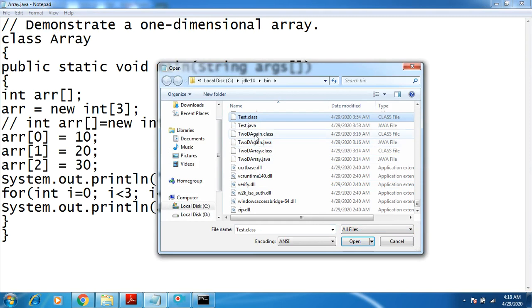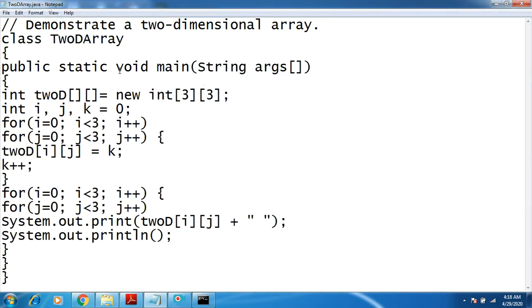I have given the name 2D array dot Java. Here in Java, the multi-dimensional or two-dimensional array is again classified into two types: we call one a two-dimensional array, and the other a jagged array. In a simple two-dimensional array, whenever you create it, it has the row and column values whatever you give, and it's fixed.